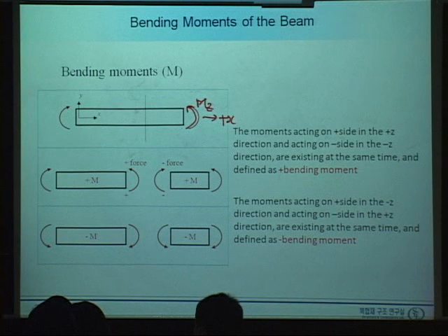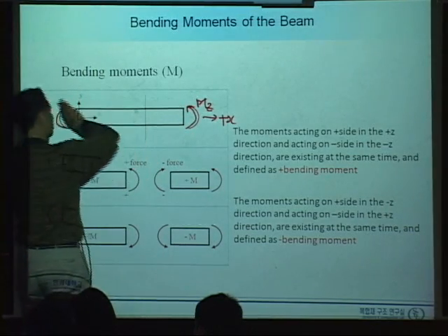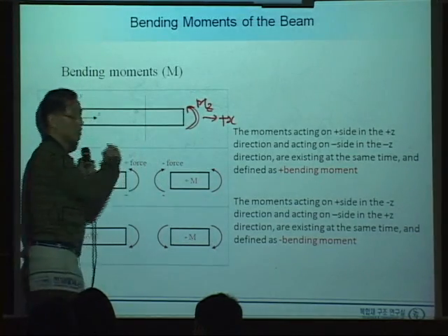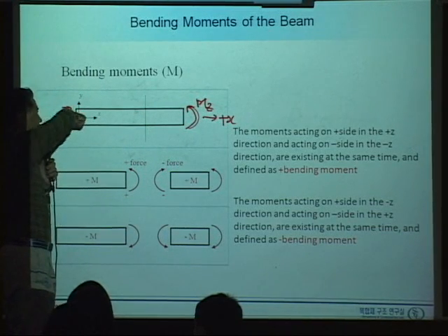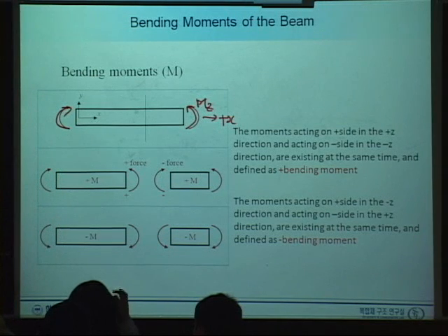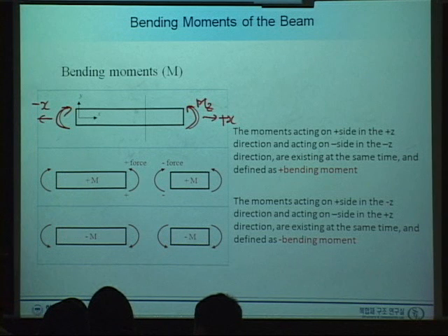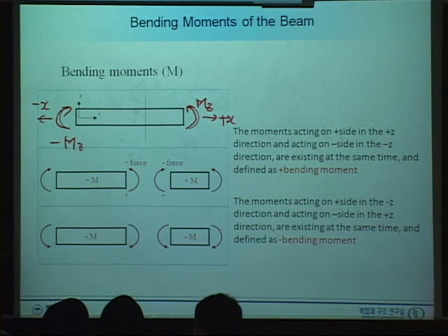Let's say we apply the z-directional moment here. To have a moment equilibrium, we should have the opposite. This is this moment, and this should be this moment to have a moment equilibrium. So let's say this is the minus directional moment in the minus x directional surface. So minus moment z at the minus x directional surface, and at the plus x directional surface, you have